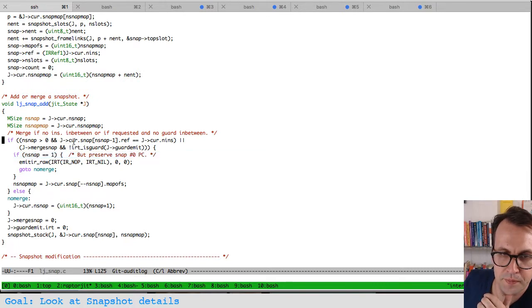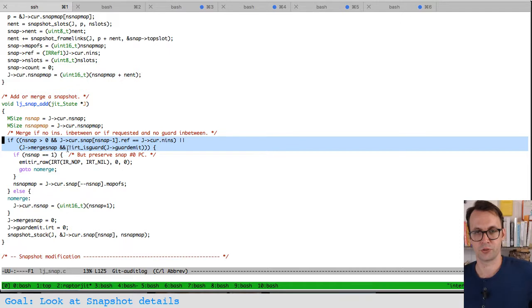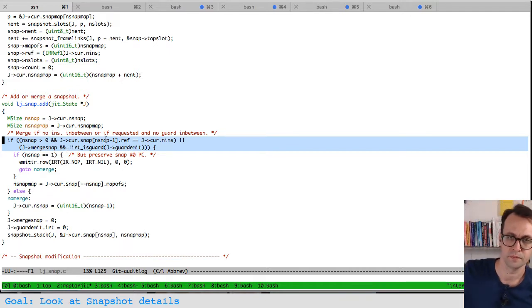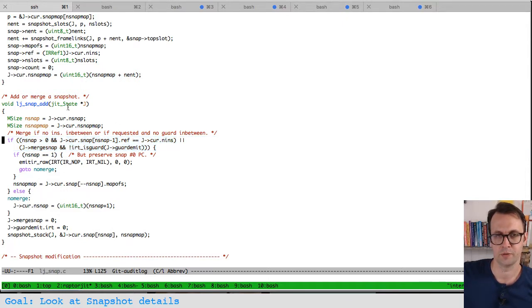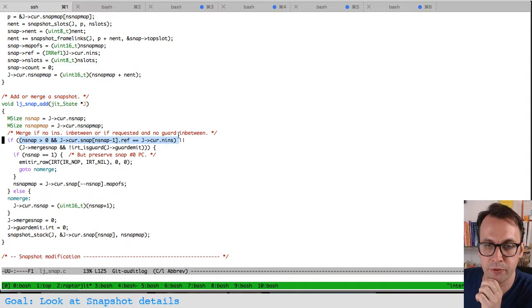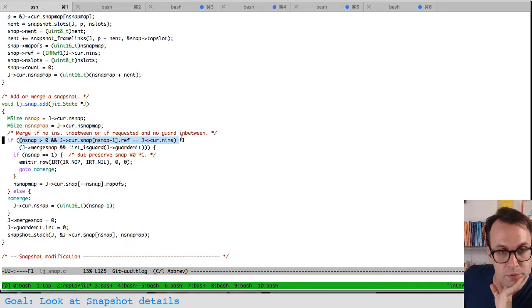So, okay, this is the precondition for merging snapshots. So we want to add or merge a snapshot if, well, ish. If we have a snapshot that already refers to the current instruction, then that sounds like a trivial merging case, maybe, where you don't really have to do anything. Everything is up to date. Okay. Otherwise,